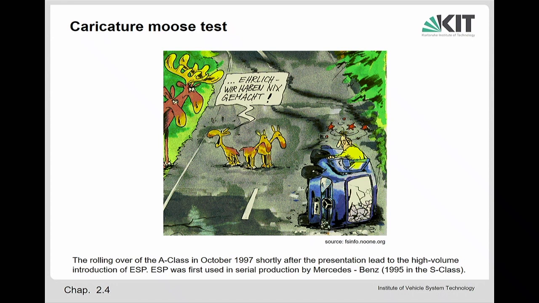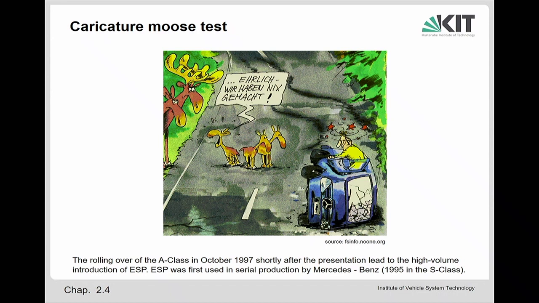After the introduction of the ESP system, this was reduced by around 40%. So it was a big step forward in vehicle safety. And it was caused just by one journalist, who did this test here and blamed Daimler. It was a catastrophe for the company at that moment, but it was a very, very good step forward for traffic safety